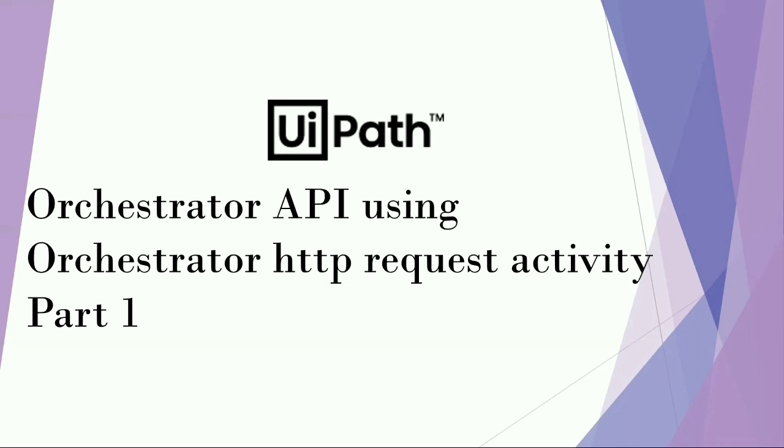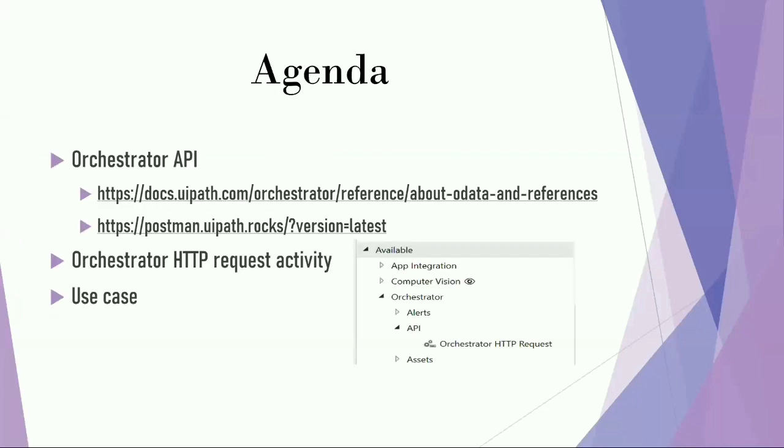But what if we want to invoke the similar task or play with the Orchestrator data from our UiPath Studio only? So you might think, is it possible? And my answer will be yes, it is. So I guess you're clear with the agenda now. In today's video, I'm going to show you the demo of one task where we will be invoking our Orchestrator API from Studio itself. I'll explain the use case later, but till then let's have a brief about Orchestrator API.